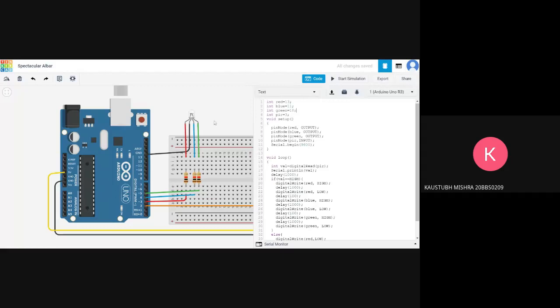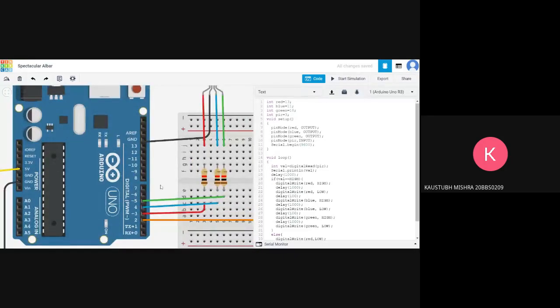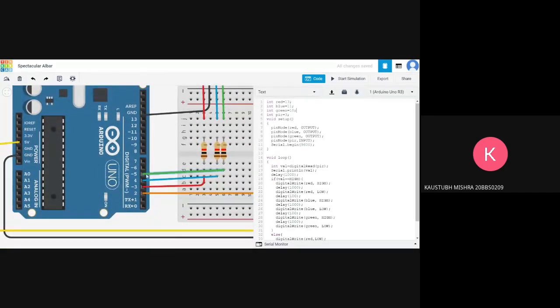But the numbers are a bit off, since we have connected the green pin of the LED to digital pin number 5 of the Arduino. I will change green from 10 to 5. Then the blue I have connected to 4, so I'll just change 11 to 4.